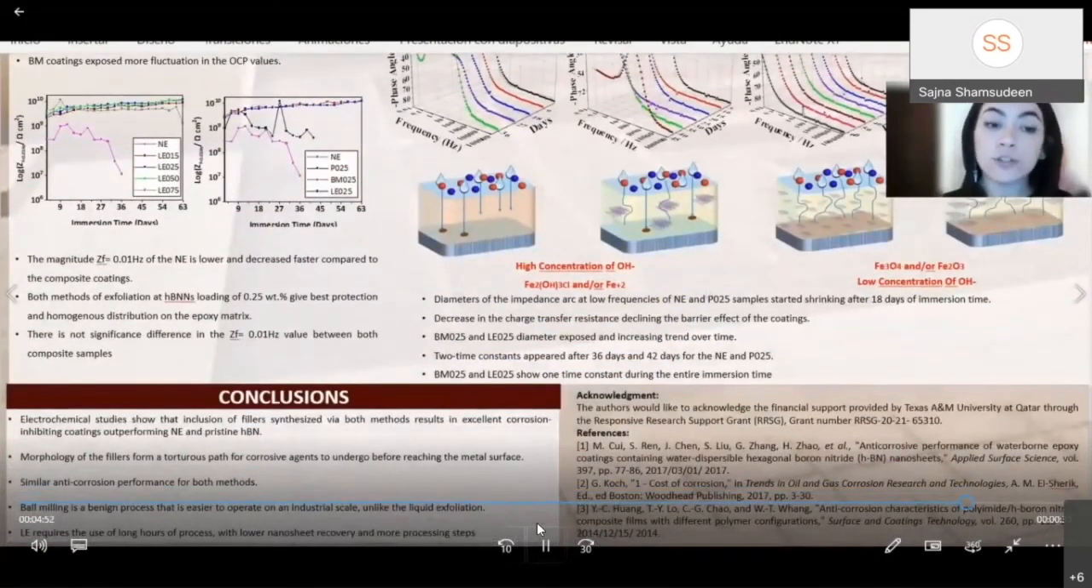So, for the conclusion, electrochemical studies show that the inclusion of 0.25% of fillers synthesized via both methods results in excellent corrosion inhibiting coatings, outperforming neat and pristine HPN. Since both methods pose no significant difference in their anti-corrosion performance, ball milling should be the best process, because it's easier to operate on an industrial scale, unlike the liquid exfoliation that requires a very long period of time to process and has a very low nanosheet